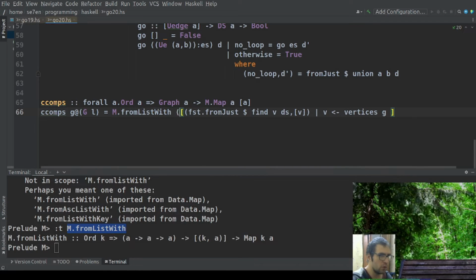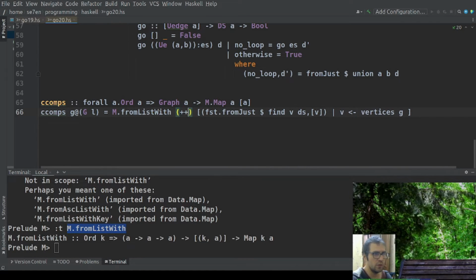Okay, and of course for merging we will use the plus function, the list concatenation function, because we construct the list here for values, and to merge them we need to concatenate them. Okay,